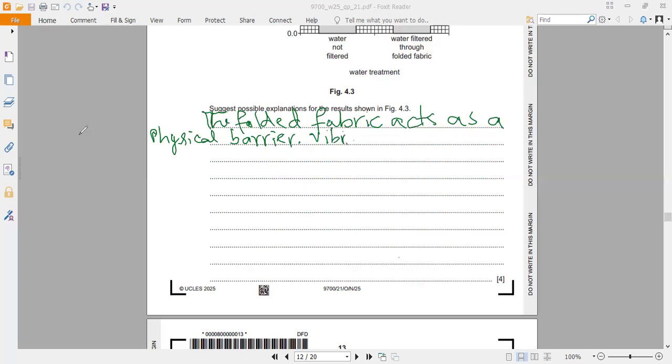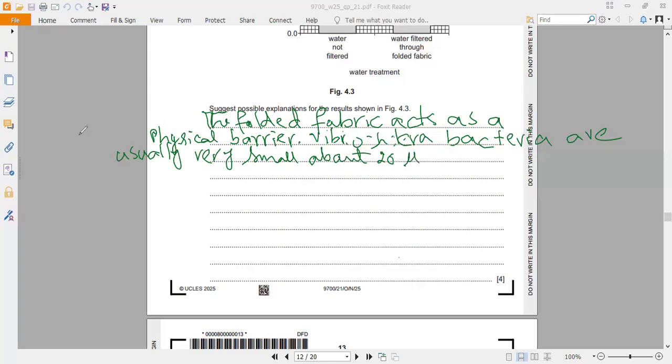Vibrio cholerae bacteria are usually very small, about 20 micron. So cholera frequently